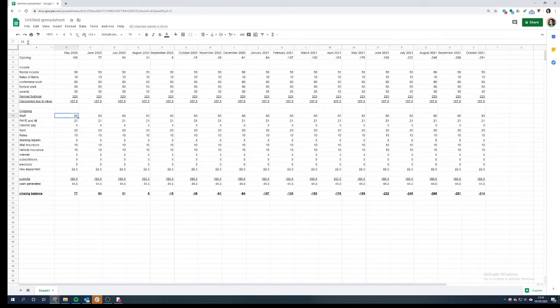But you might say, you know what, actually, we're seeing a 30% reduction in our work. We can probably say there's going to be a reduction in our staffing costs. So let's put that at 45 a month. Now let's roll that across the whole period. Okay, now we're okay. We've got 50 closing balance at the end of it. Pretty thin. You're obviously ending up a lot worse off than you started with, but it gives you an indication.